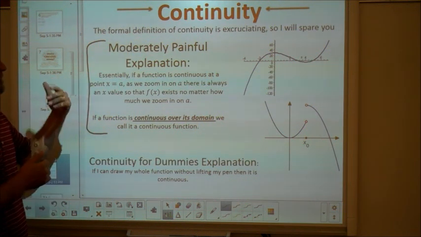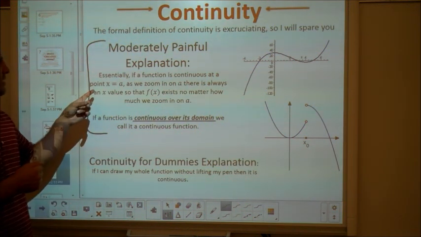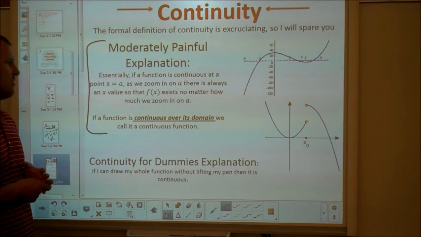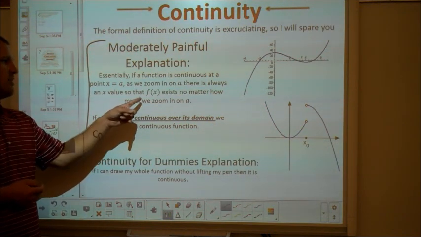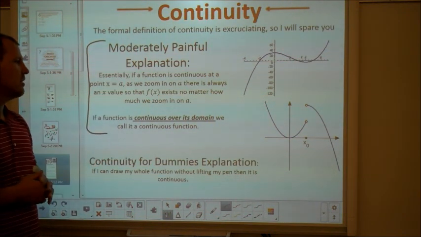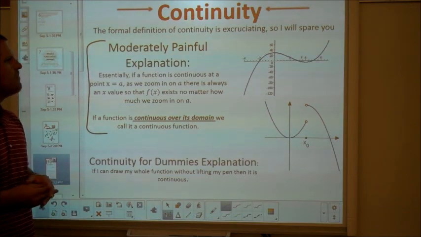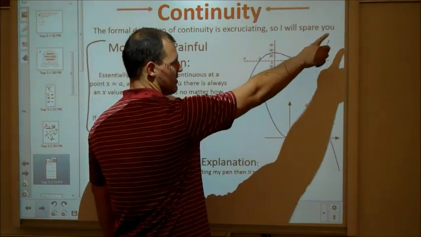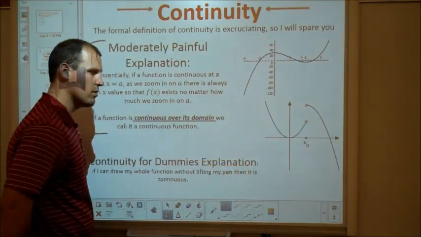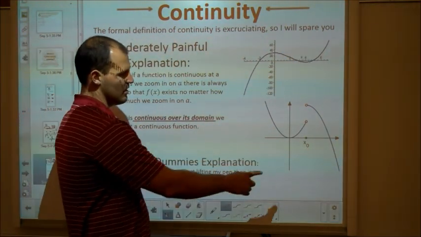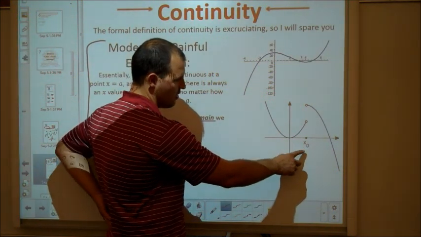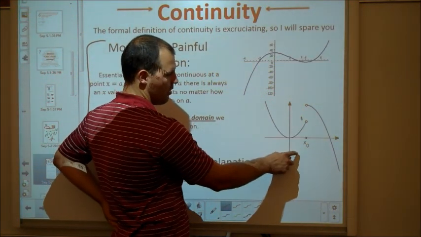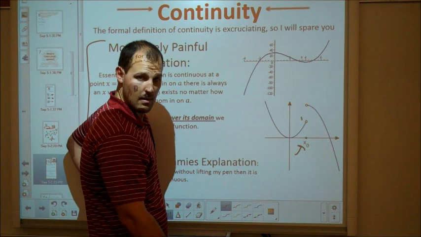So for this, essentially, if a function is continuous at any point, then as we zoom in, there's always going to be an x value such that the y value, f of x, exists no matter how much we're zooming in. And then we got a couple examples over here. We've got one here that looks like some sort of a cubic, it's continuous, and then here we've got something that looks piecewise, and as you can see we've got a discontinuity. In fact, on this one, we have no y value at all for x naught, which sometimes that'll happen,